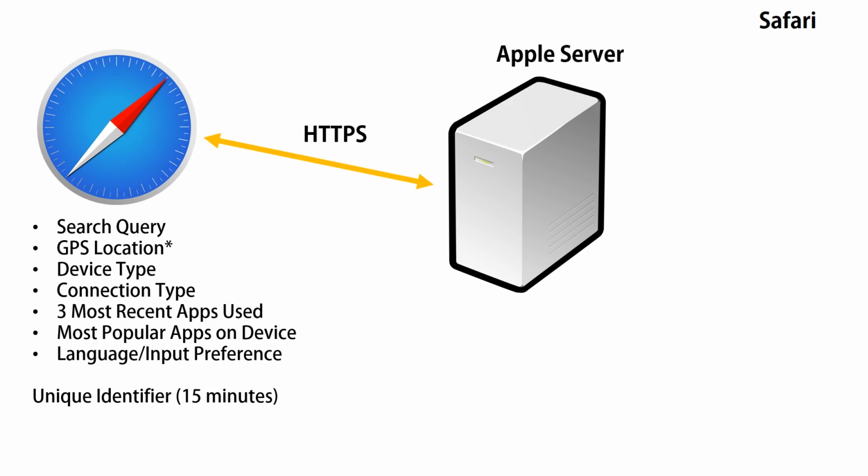The three most recent apps that you used on the device before performing the search, the most popular apps on your device, language or input preference, and a unique identifier. The unique identifier changes every 15 minutes, but Apple doesn't say that it's random, it just says that it's a rotating identifier, which is interesting. Apple will say that the GPS location is blurred, and by blurred I mean it's not a precise